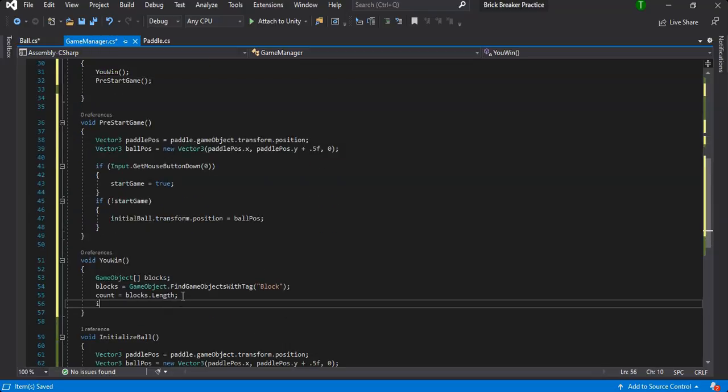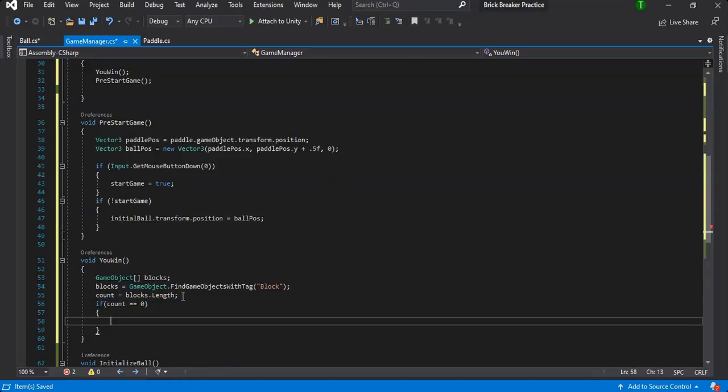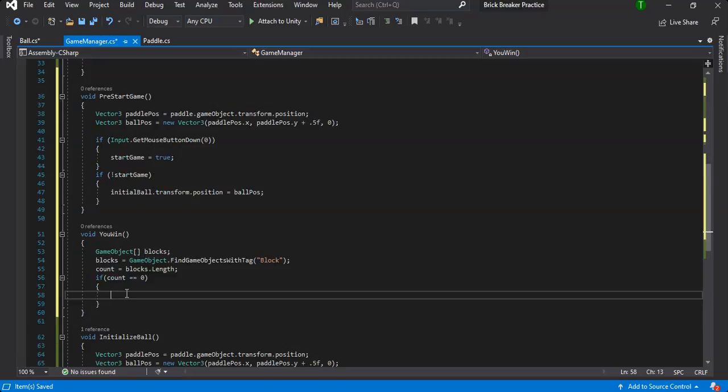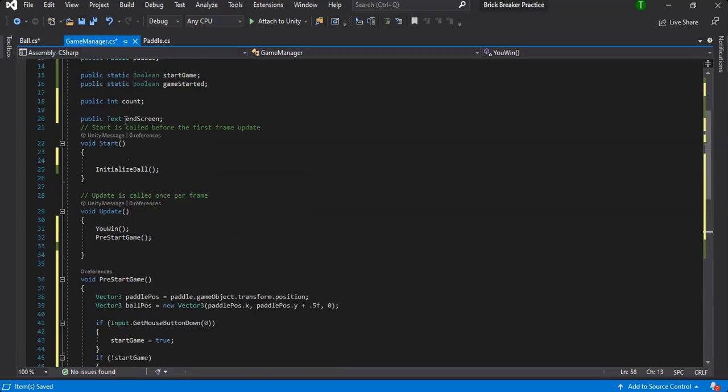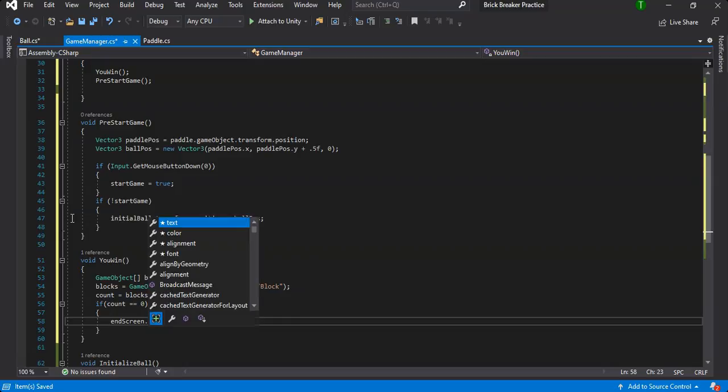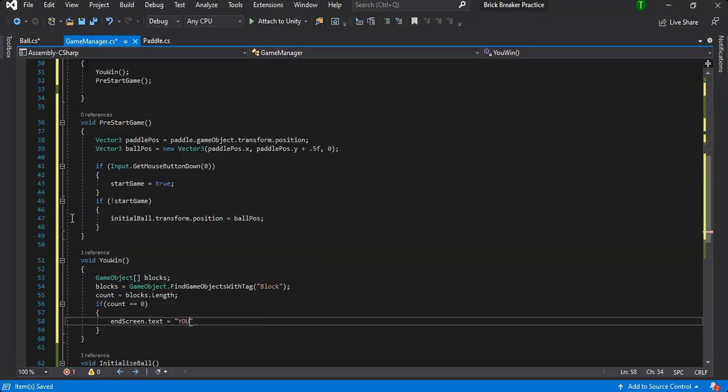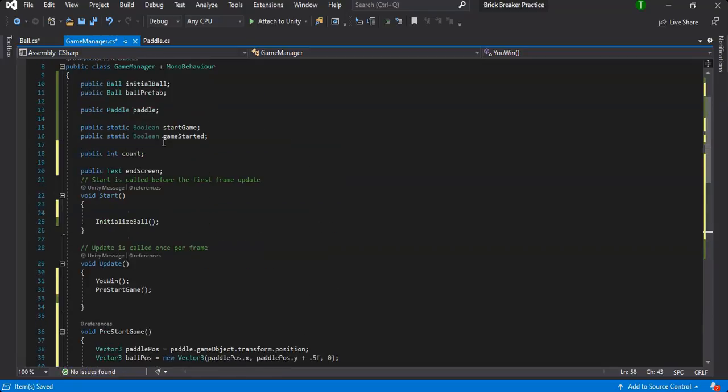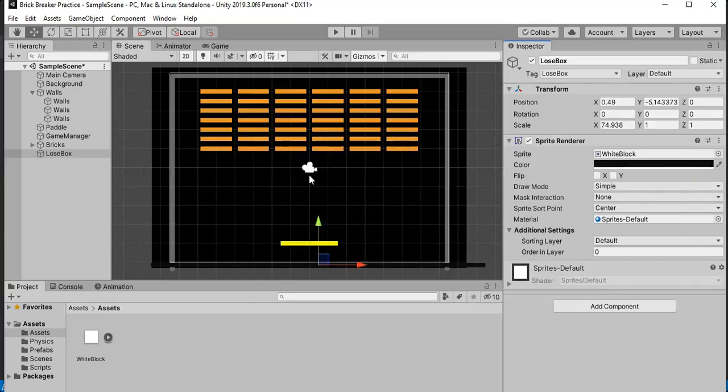Now you win needs to happen if our count is down to 0, because we will constantly be checking the length of the array. So if the array ends up being 0, we can say that our you win or our end screen text will equal something. So end screen dot text equals, and we can say you win, and our end screen needs to have the ability to be seen, and so we need to create